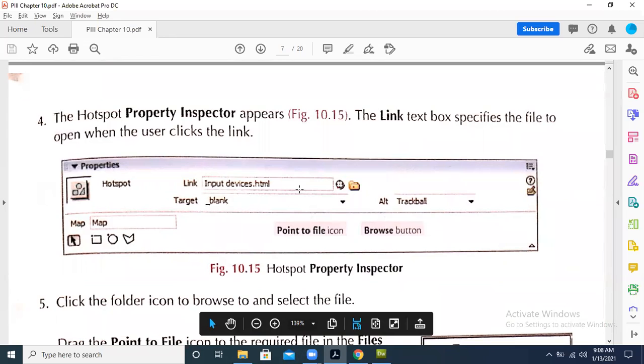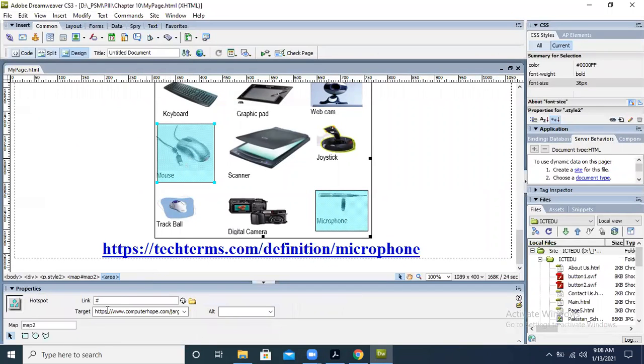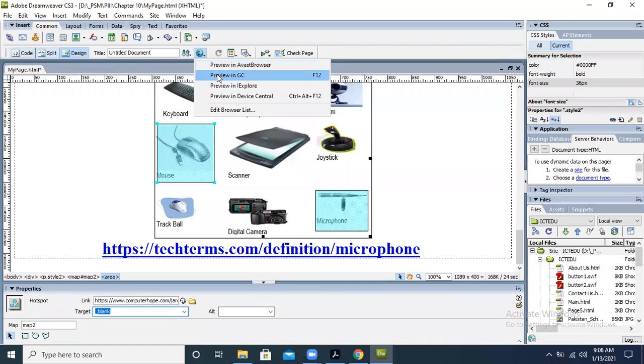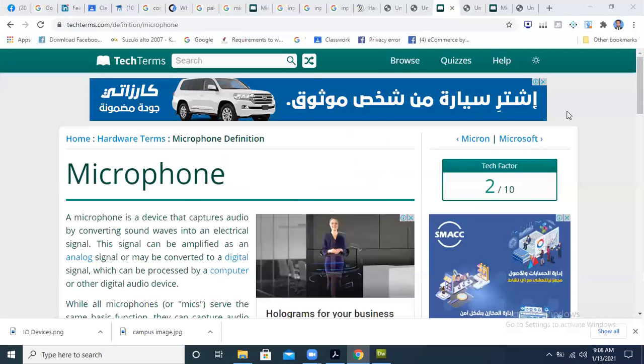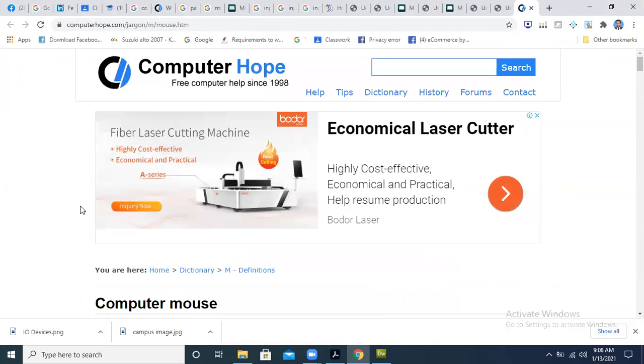Okay, target is blank, and then over here we have given the link. Fine, I hope that it is going to work. That we need to target as blank, and the link over here. Now I think it is going to work. Let me check. Okay, now we come over here and click on the mouse. Yes, now it is opening. So there was one mistake.